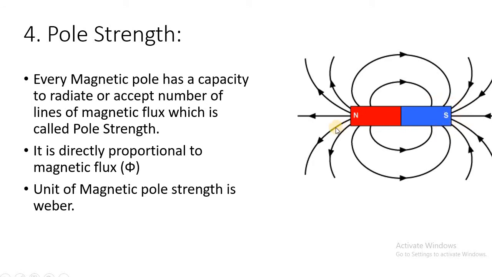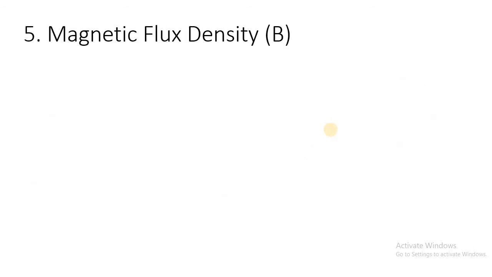Now the next term is magnetic flux density, which is denoted by B. B depends on magnetic flux, that is phi, and it depends on another parameter also. So does anybody know magnetic flux density? If not, please give me the answer. Magnetic flux density B, what is that? In physics you have covered that, or you all know that.